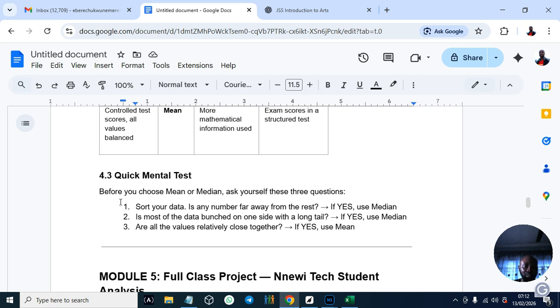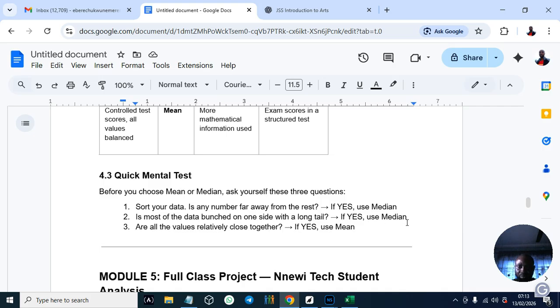So, a quick mental test. Before you choose mean or median, ask yourself these 3 questions. Sort your data. Is any number far away from the rest? If yes, use median. Is more of the data bunched on one side with a long tail?